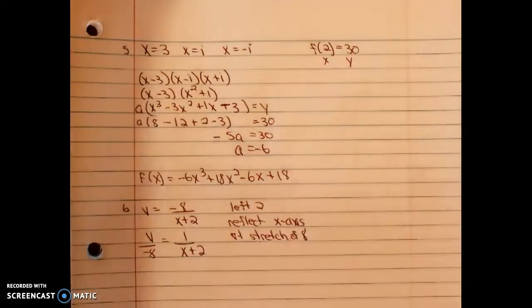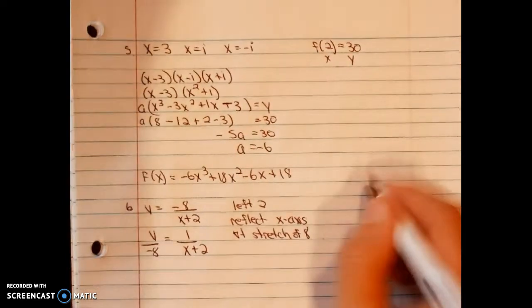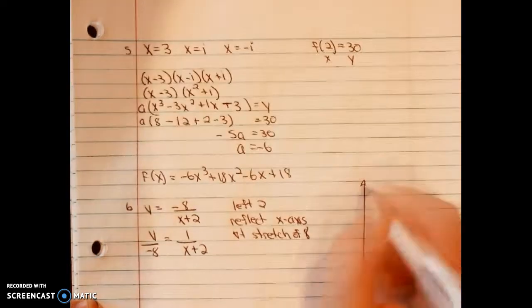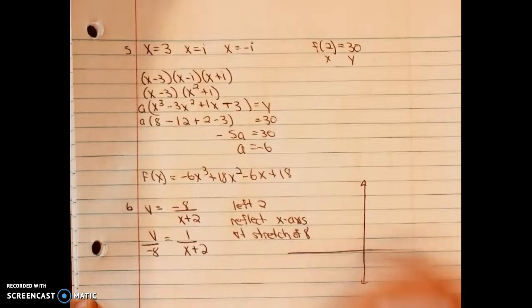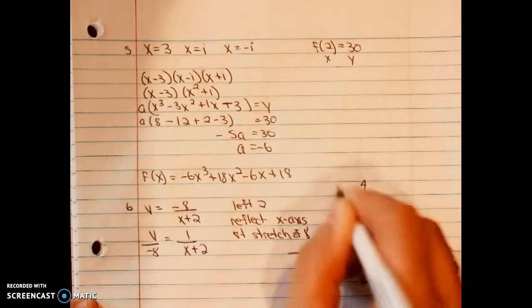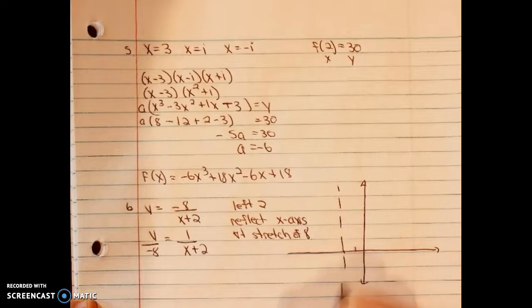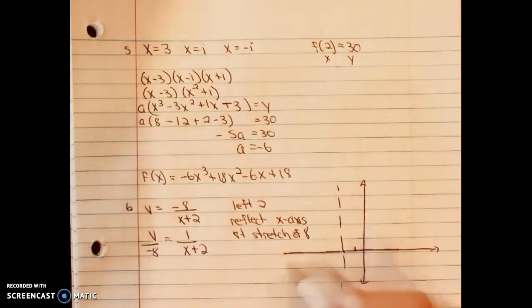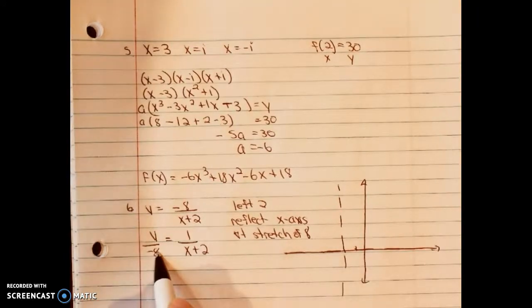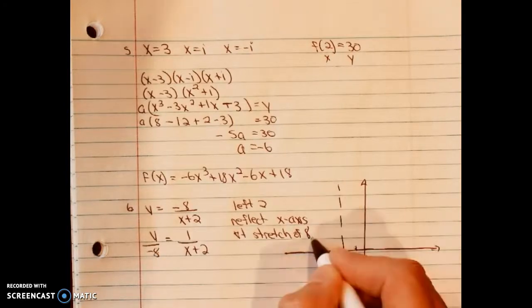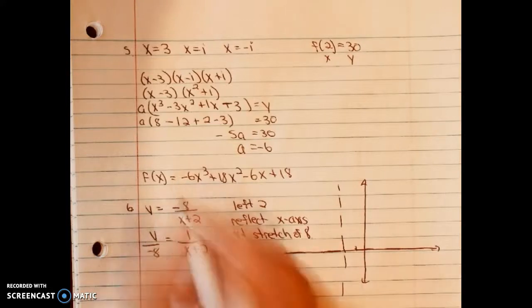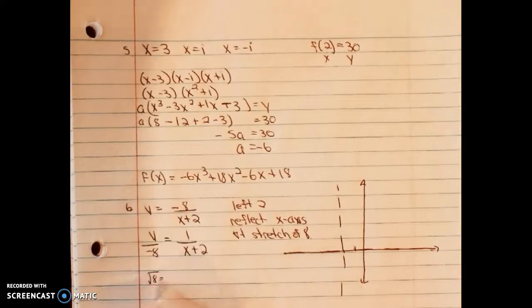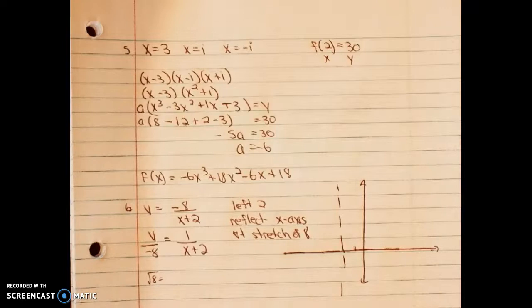So let's make a quick sketch of my graph. We know it's going left 2. This asymptote isn't moving. I'm normally in quadrants 1 and 3, but again it's reflecting across the x-axis. That's going to put me down here and here. I'm going to take that square root of 8 to get an approximation where